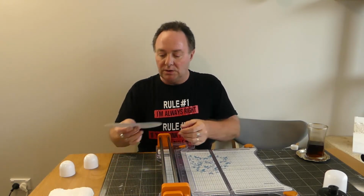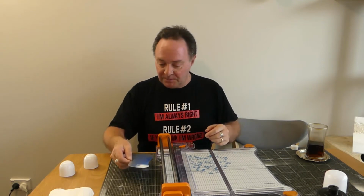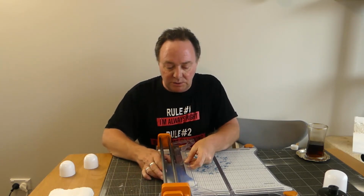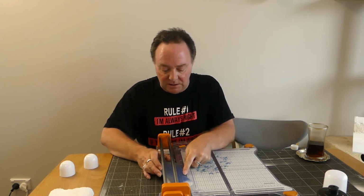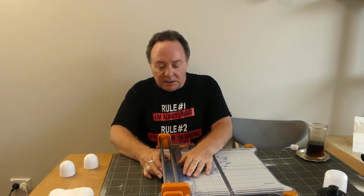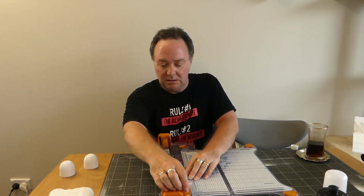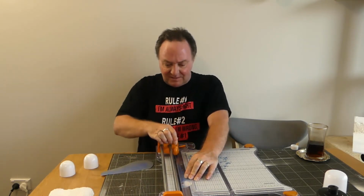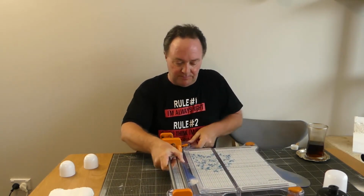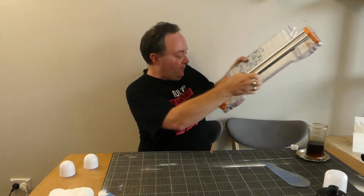However, while that's just having a little bit of a dry, the lake. So this is what was painted earlier. Alright, all we need to do now is trim off the excess and then we'll get it in place. So for that, guillotine, because I don't necessarily trust myself with a craft knife and a ruler to make a cut like this. Have I got that in the right place? I think that's it. And that's what we were after. Right, get this out of the way. And the excess, park it, lock it, fold it up,